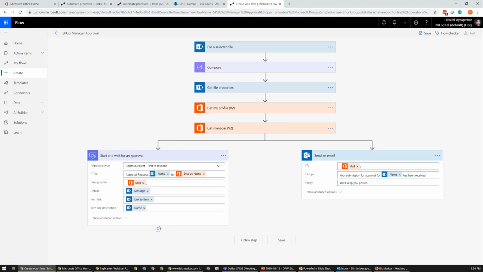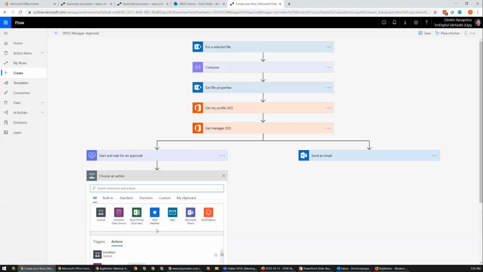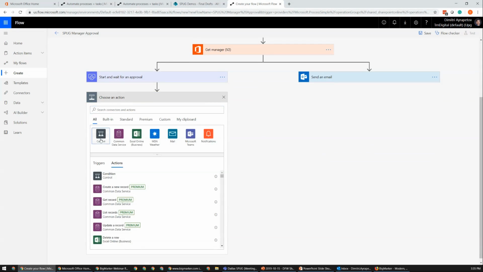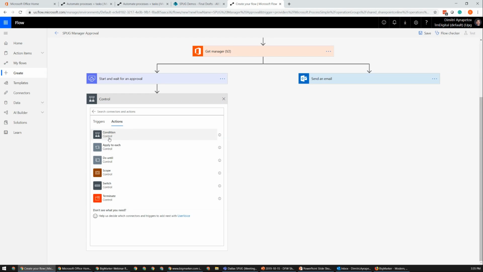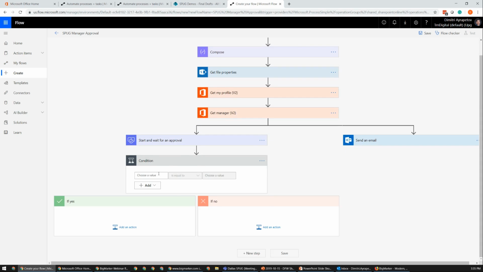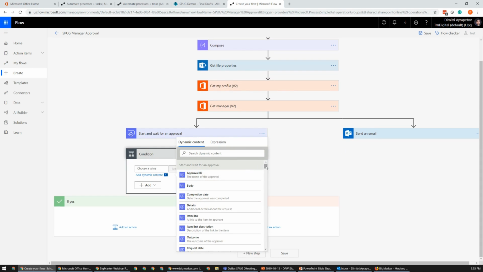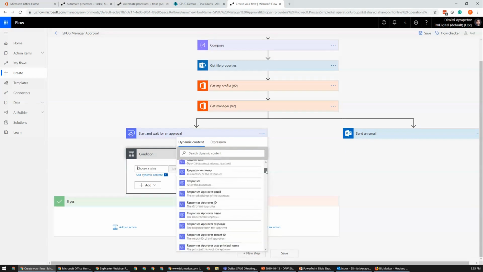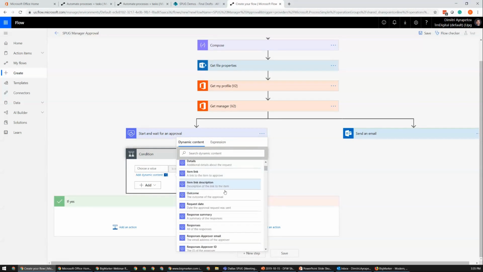And then we want to take action on the approval, right? We want to inform the initial person whether or not their submission was accepted. So we'll click here to add another action. And within here, we're going to go to control, which gives us some ability to do if statements, some ability to do some loops. And really, we want to come in here and pick this conditional control. And in the conditional control, we're going to come down here and we're going to say if the outcome of the approval is equal